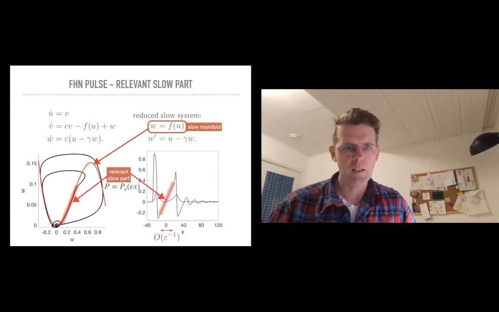Then it goes here. And then, that's not easy to see, but it kind of follows this middle branch of the slow manifold, the unstable one, for a certain amount of spatial time. Here it goes roughly, say, up to here. And then it makes yet another jump again to the slow manifold before oscillating into the equilibrium state.